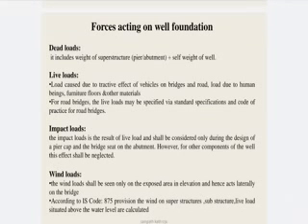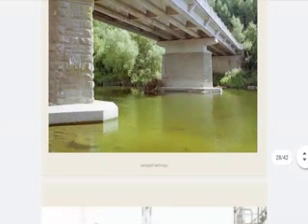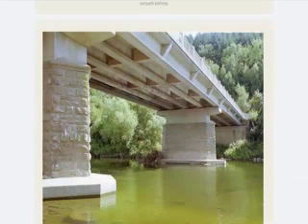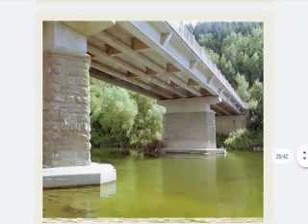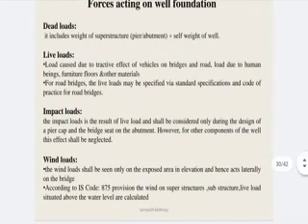Now the next type of load that is going to act is wind load. The wind load shall be seen only on the exposed area in elevation and hence acts laterally on the bridge. You know that in this figure you can see if there is wind pressure, wind is always acting on an exposed area, meaning over the exposed area there should be wind forces generated. So you will need to count those wind forces also. According to IS code 875, I hope you remember, to calculate your wind forces we should consider IS 875 1984 Part 3. Part 3 is for calculation of your wind load.